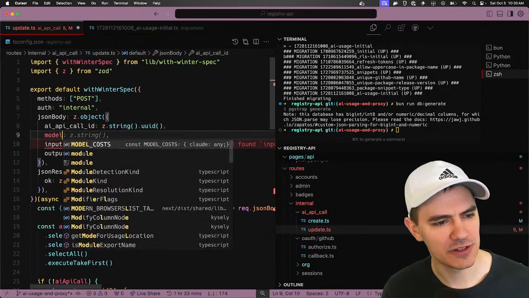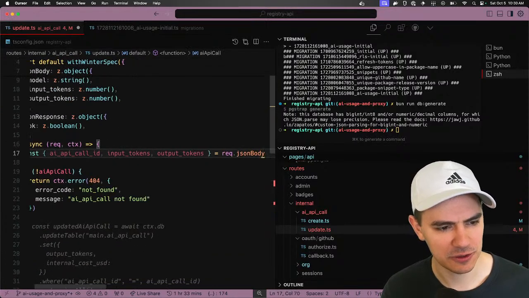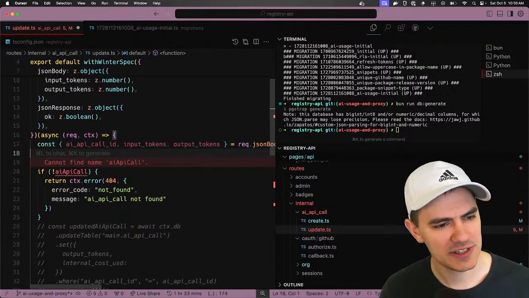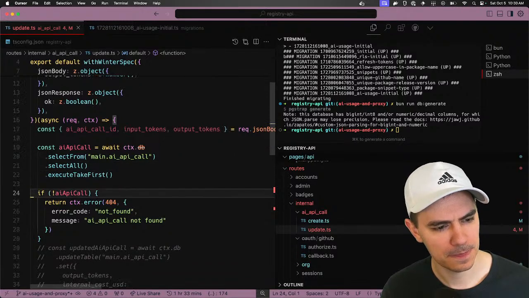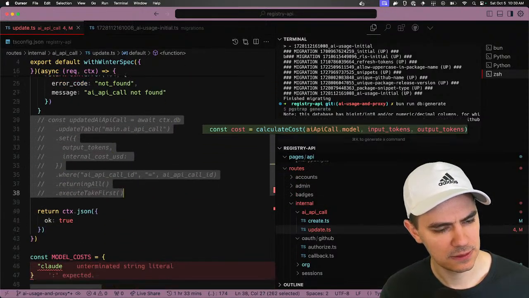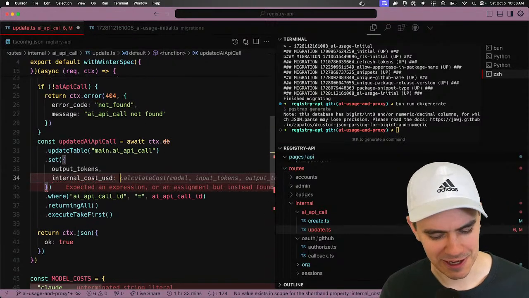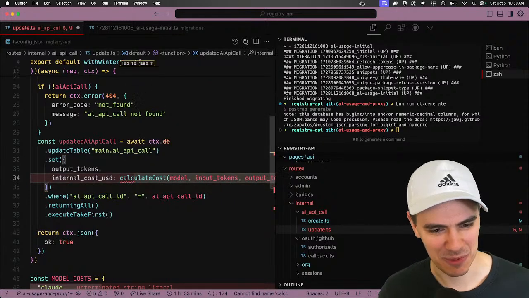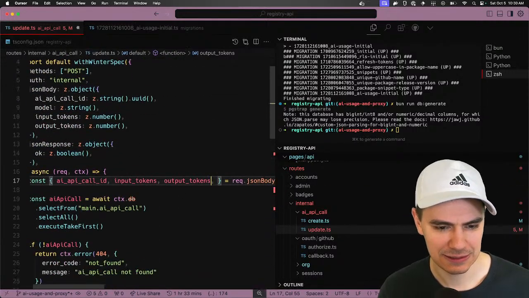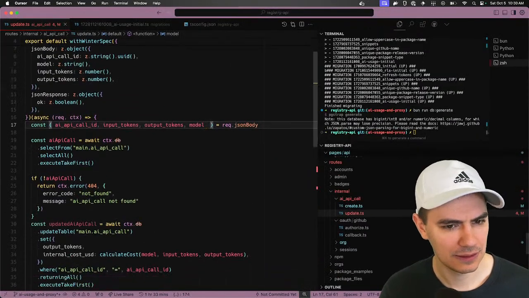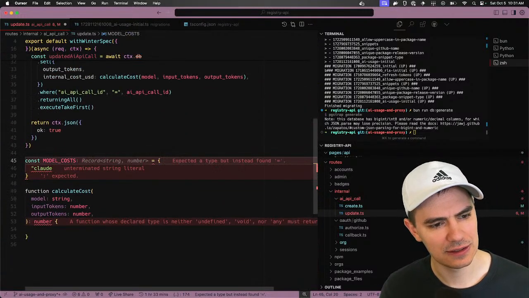Let's add model here too. Let's just be the ultimate version of lazy and require everything. Then we don't need to get it. We still kind of need to get it to verify it exists. Okay. It's an internal endpoint, so I don't care about great API design as much. It's not as important. Okay, we'll calculate the costs. And then we need to finish this thing.